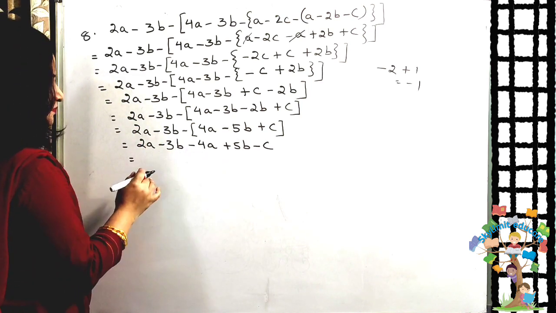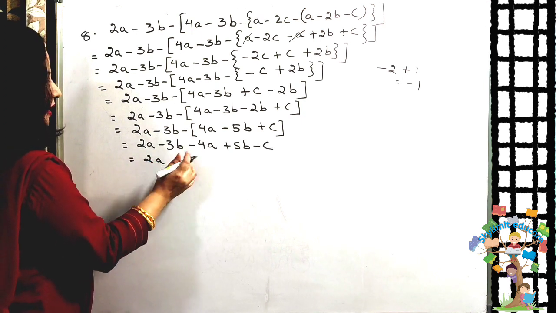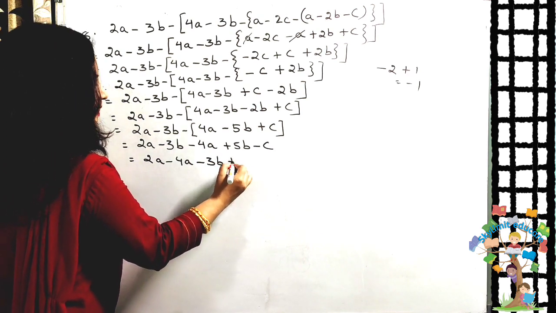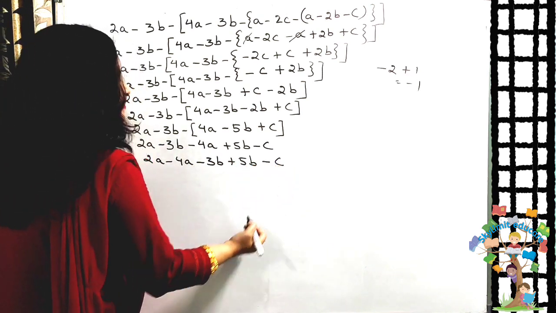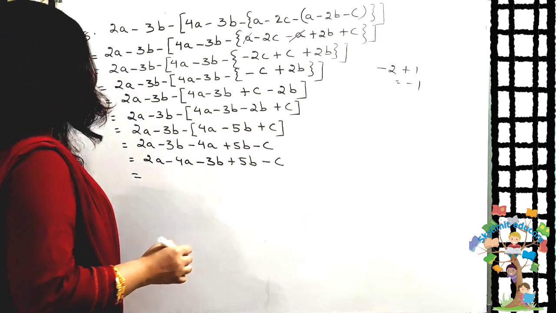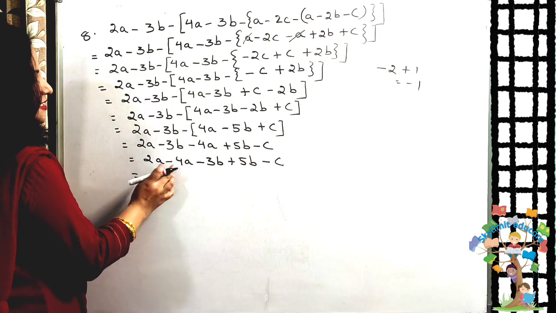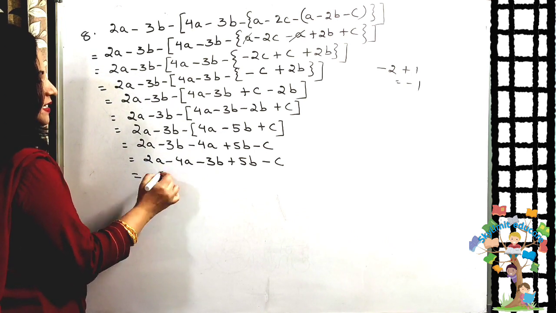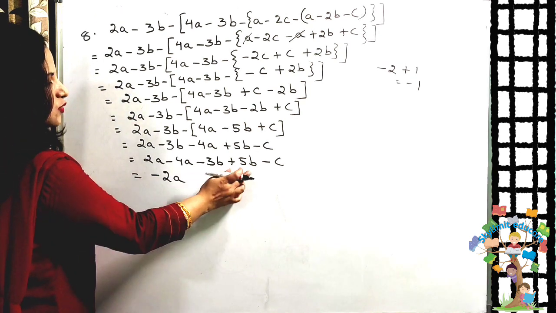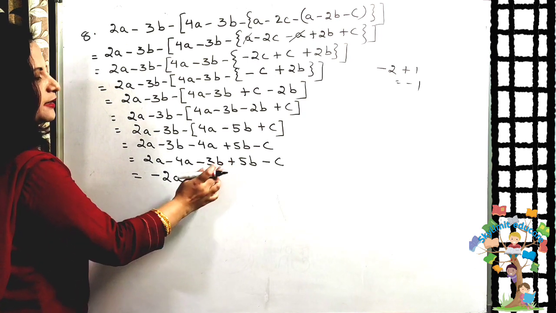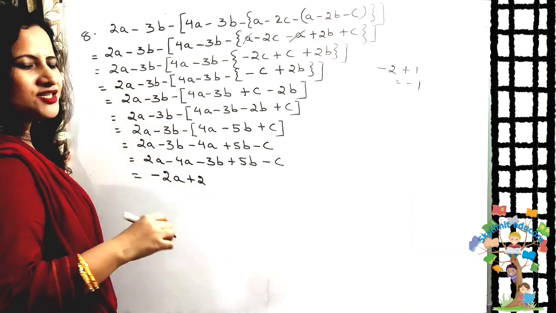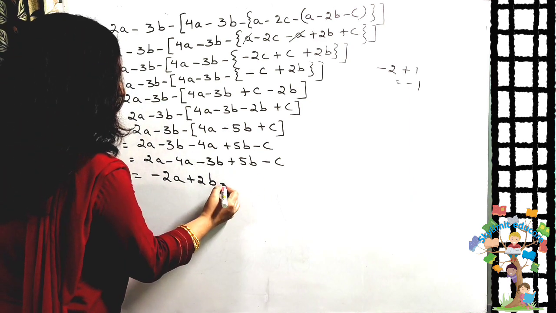Okay. Now let us arrange the like terms. 2a with this minus 4a, minus 3b with plus 5b, and this minus c is single. It is not having any like term. Okay. Now these two are like terms, students. A. So 2 minus 4. 2 minus 4 is minus 2. And the literal coefficient is a. Now these two are like terms. Minus 3 plus 5. Minus 3 plus 5 will be plus 2. Okay. By now you must be good in integers. And this is minus c.